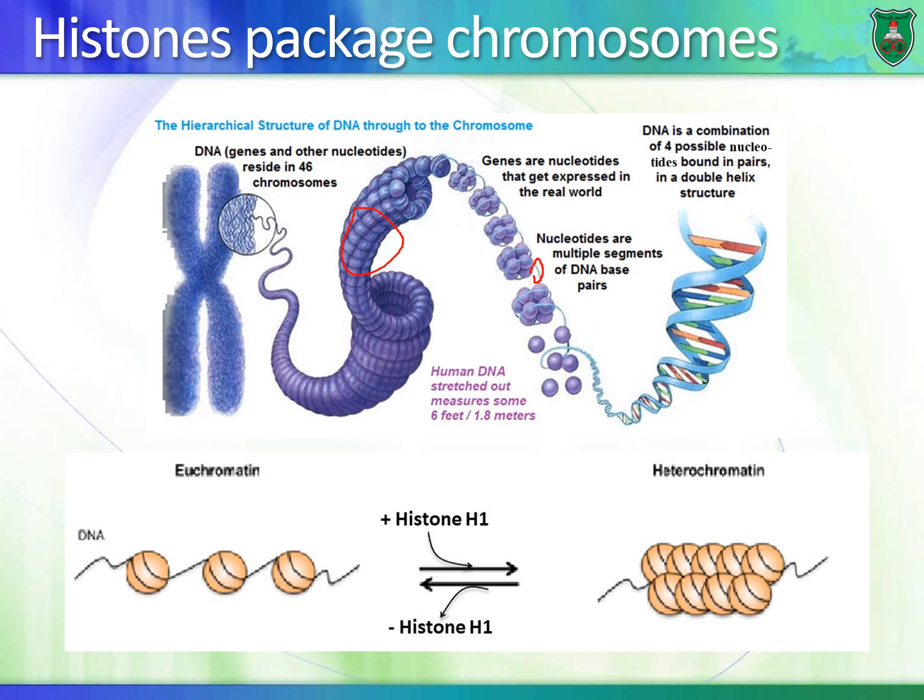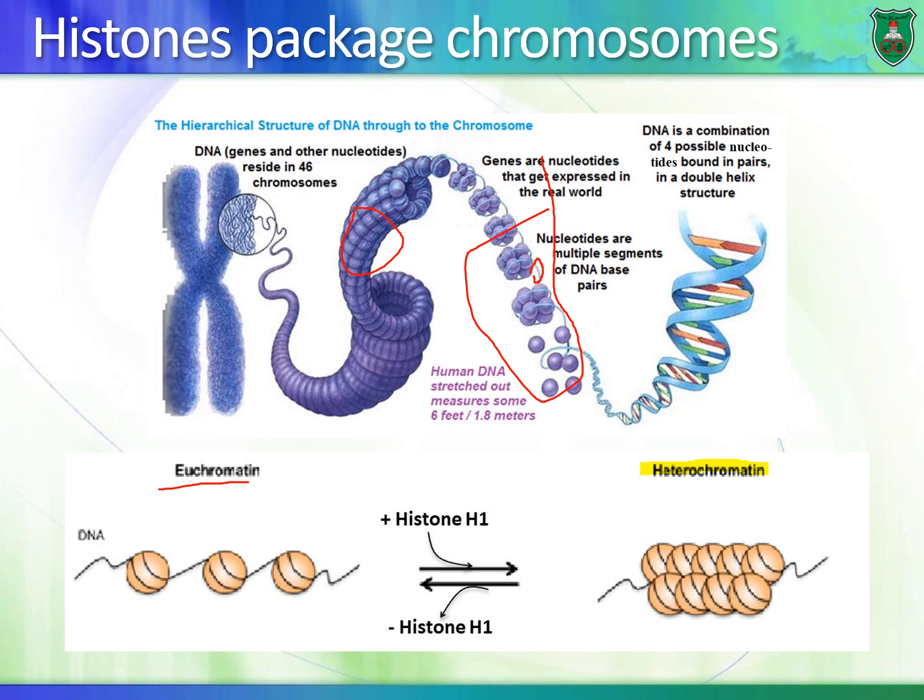The DNA that is loose is known as euchromatin. The DNA that is highly packed is known as heterochromatin. The difference between the two structures seems to be determined by histone H1. What histone H1 does is pack the DNA very tightly, or form the heterochromatin, in other words. So it really plays an important role in this.